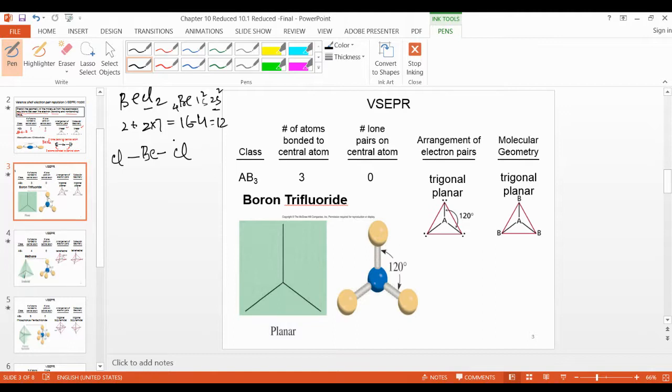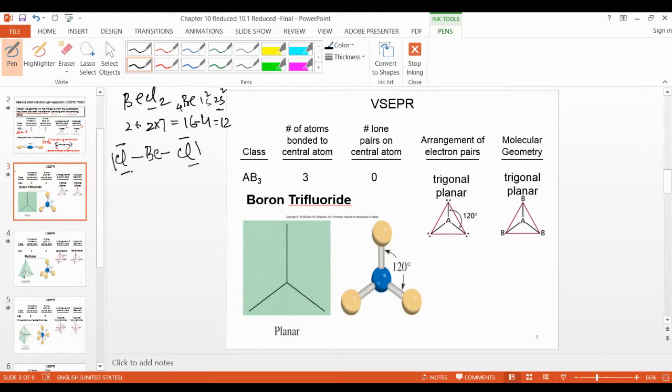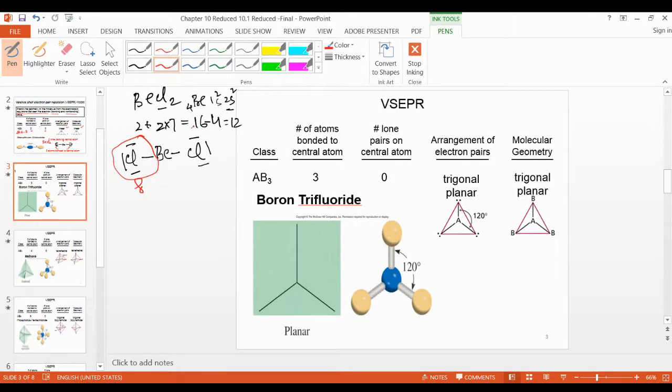Bonds mean 4 electrons. So 16 minus 4 is equal to 12 electrons left. With the 12 electrons, first you have to complete the octet of the side atoms. 2, 4, 6, and 2, 4, 6. So 6 electrons plus 2 electrons, this octet is complete, 8 electrons. Similarly, this octet is complete, 8 electrons. But as I told you, hydrogen, beryllium and helium have a duet, not an octet. So the duet is complete. Okay, no problem at all. And there is no lone pair of electrons on the central atom.